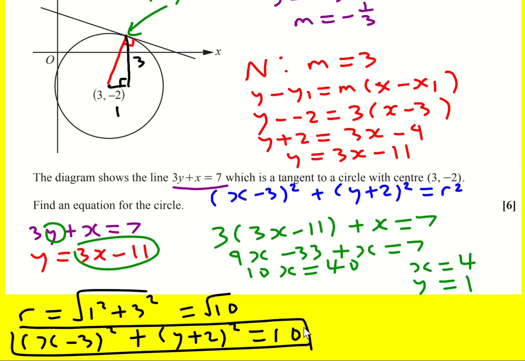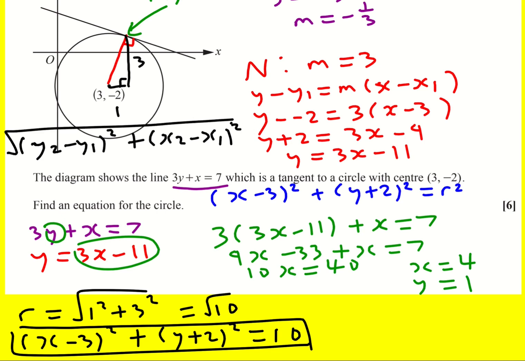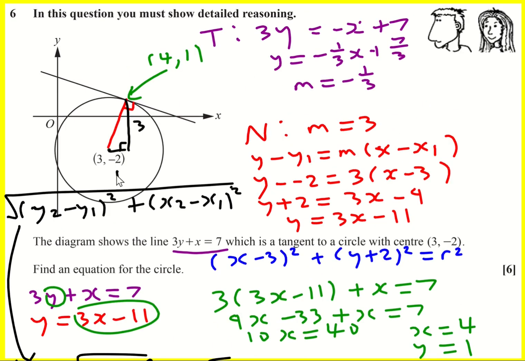Now, if you want to go a bit more careful, I drew it from the graph, but you can also, remember, use your general formula for Pythagoras given 2 points: square root of y2 minus y1 squared plus x2 minus x1 squared. That will give me that same answer down here. Okay, that's method one. A lot of things to do, but I hope you're happy with that. And